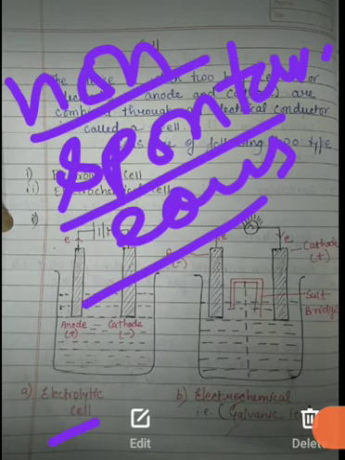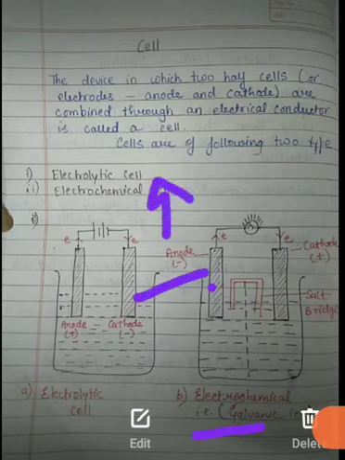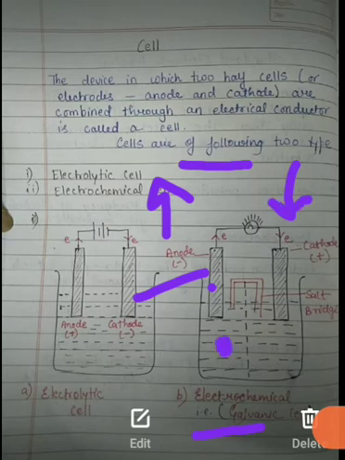Similarly, in the case of the electrochemical cell or galvanic cell, there is a spontaneous process. That is, there are some reactions through which electricity is generated. You can see here in the example, because of the electron flow, the anode being negative releases electrons, and these electrons move towards the cathode. Because the two electrolytic conductors and the salt bridge are separated, they generate electricity.